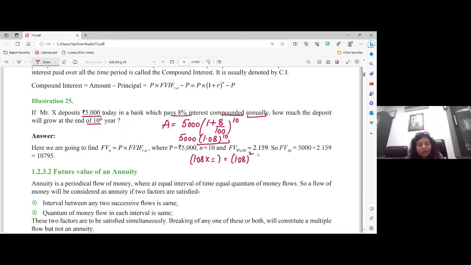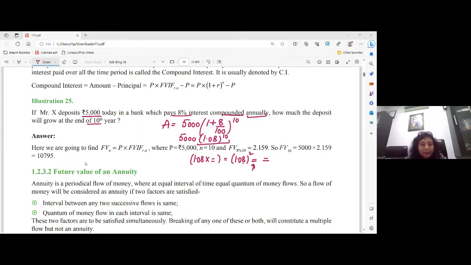Now you just press equal to, and that becomes 1.08 cube, again equal to, 1.08 power 4. Now we have computed square, this is cube, 4, 5, 6, 7, 8, 9, 10. Now this is the value up to 10 places,